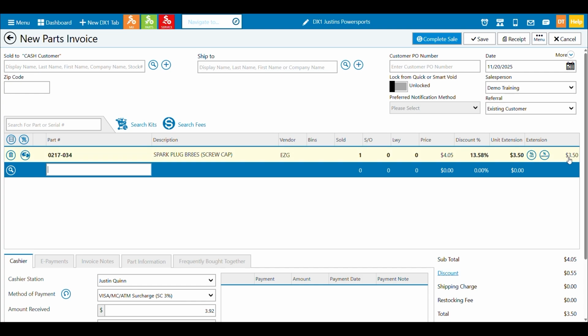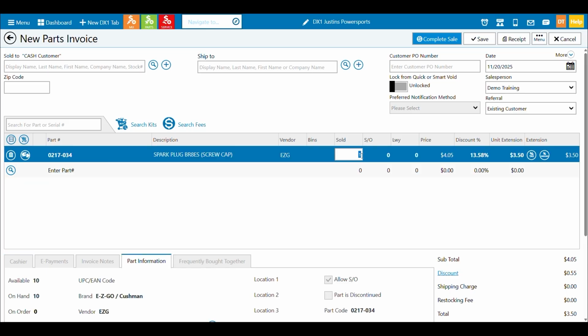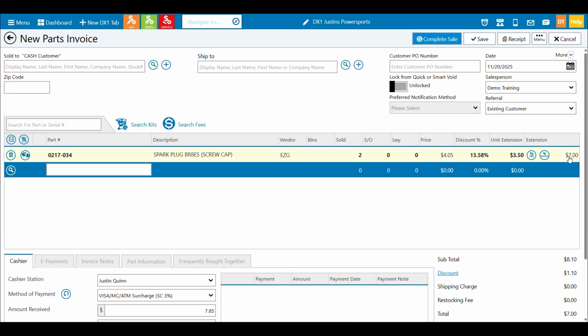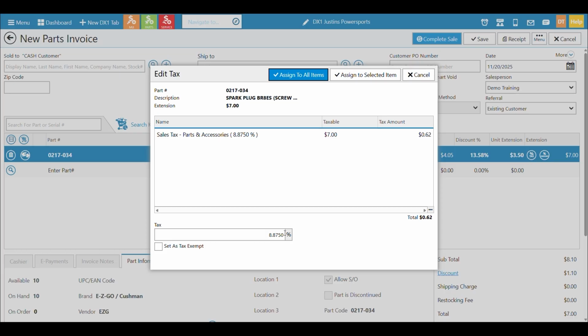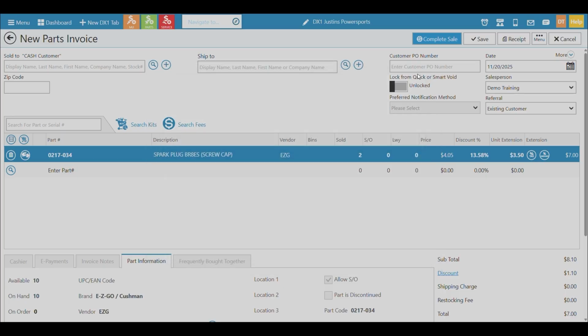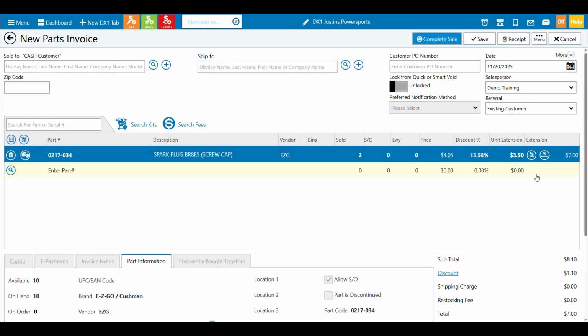Your extension on this side is the extension of the sold part. So if I go in and enter a quantity of 2, then you can see my extension is 350 times 2. So again, the price of the individual part, but here's the sum of those parts there. I have 2 at $350, $700. I can also decide whether the item is taxable or not. For some reason, if I needed to set the whole invoice or the part as tax exempt, I could check it here and say whether I want to apply it to one item or the whole invoice. In this case, we're going to do a normal invoice. It's a taxable part, so I should do it.